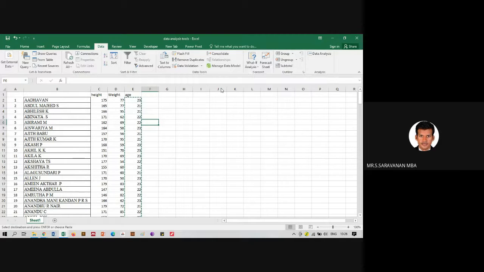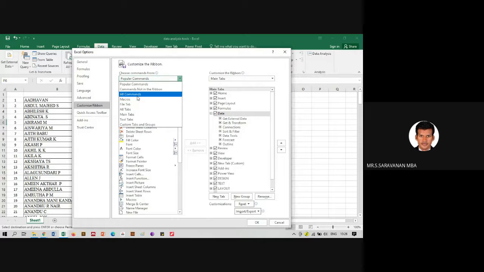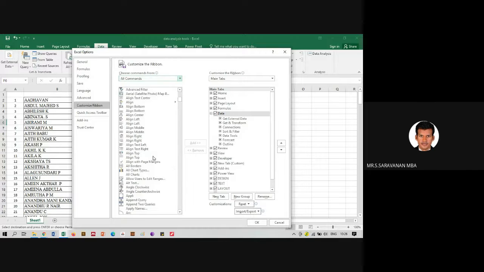Always go to all commands, then only the information will be available here.